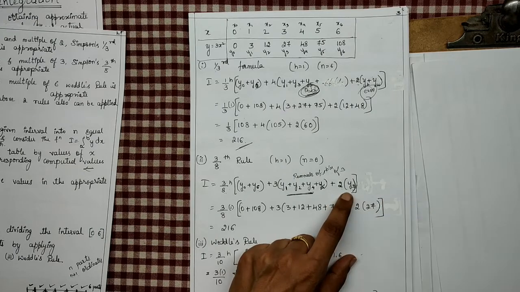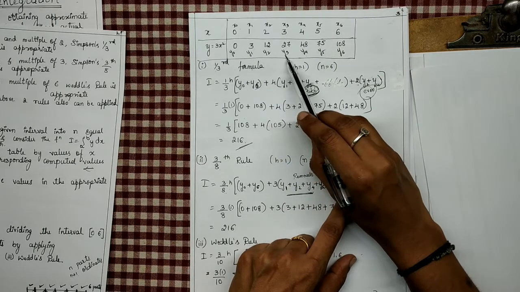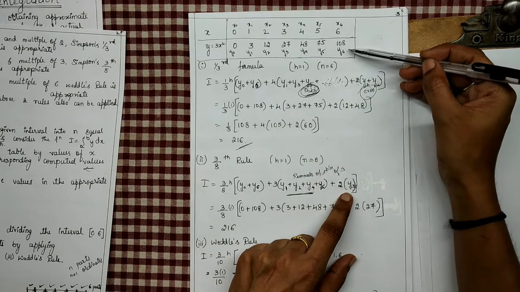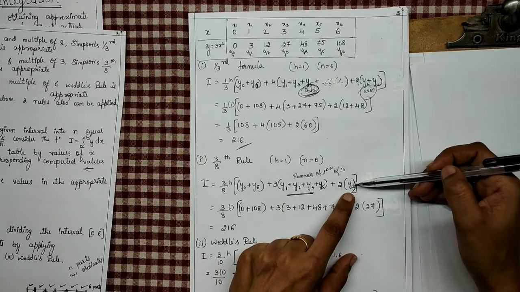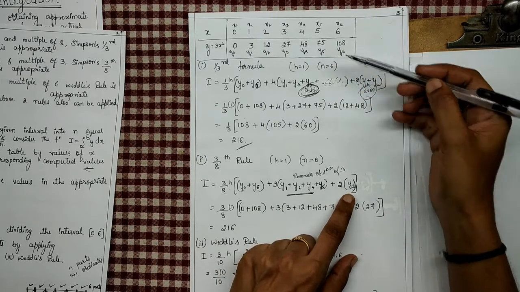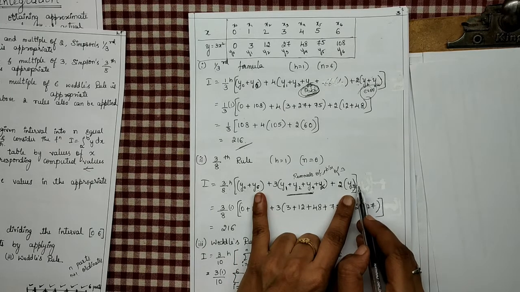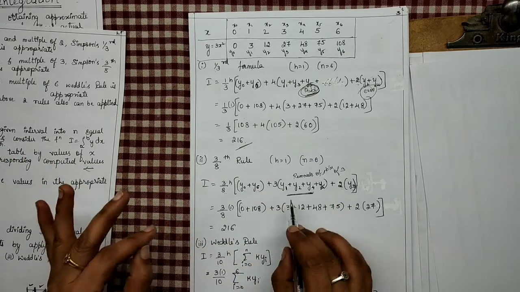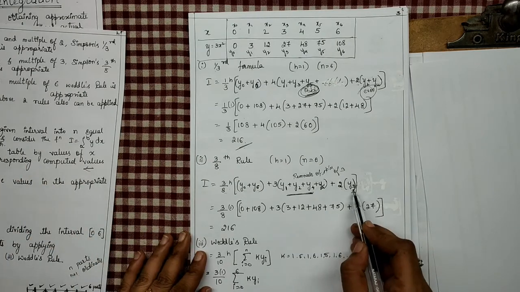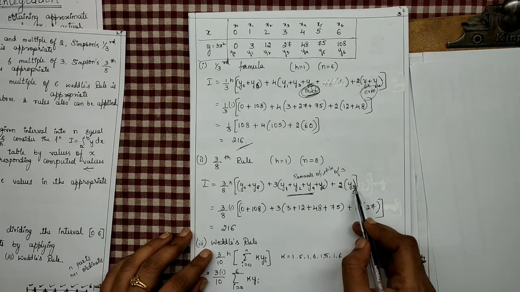Which are all the multiples of 3 you can get here? You can get y3 as a multiple of 3 and y6 is the multiple of 3. But here we have written only y3. Why? Because the last element we have already used in the first term as y6. Nth term we have already used it. That's why I have not taken the term again. Here I am telling again, nowhere the terms are repeating. Okay. Now y3, that's all. This is the only multiple of 3 which we have in this formula.